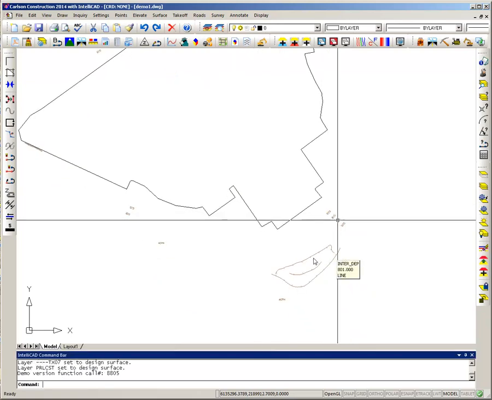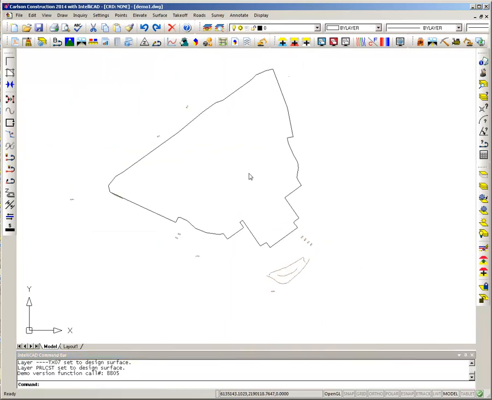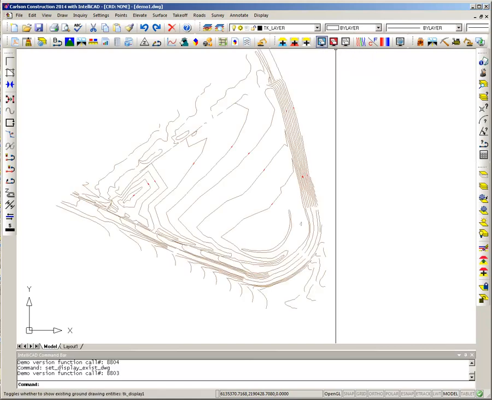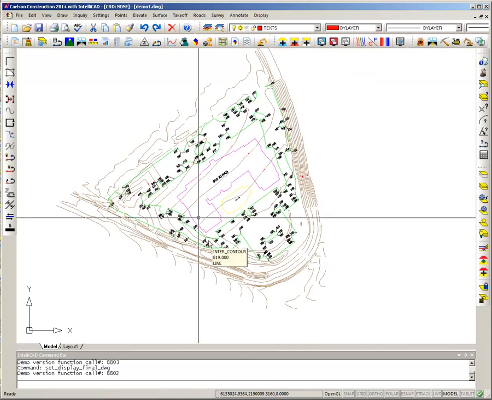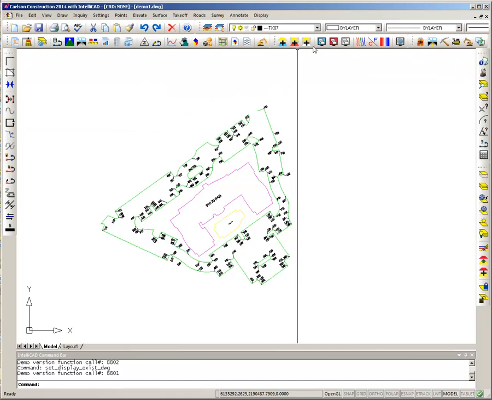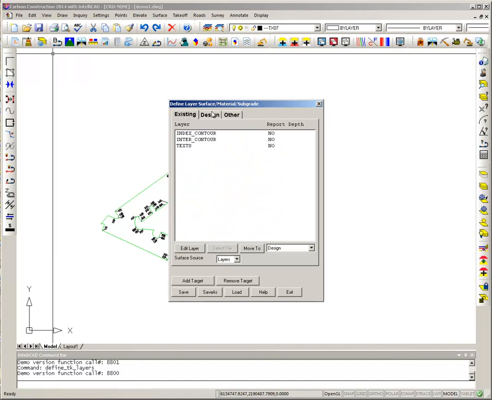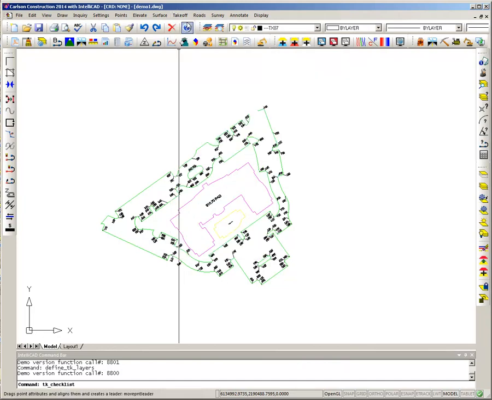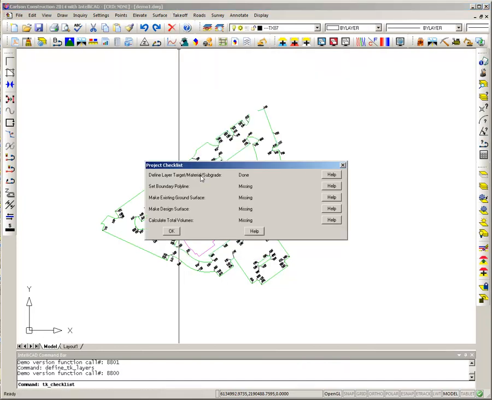Okay, I have some labels out here and some other line work that I'm not going to worry about. So I can turn off other. I can look at my existing. I can overlay the design, the layers that make up the design, or I could view just the design. And by turning these on and off, what I'm basically doing is showing these different lists of layers for existing, design, and other. I'm going to exit out right now and go back up to Takeoff and look at my project checklist. So I've done this first step of setting layers to either the existing or design, and I can move on